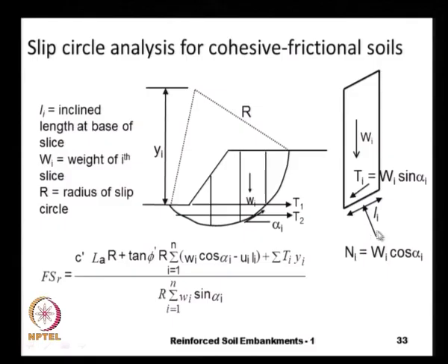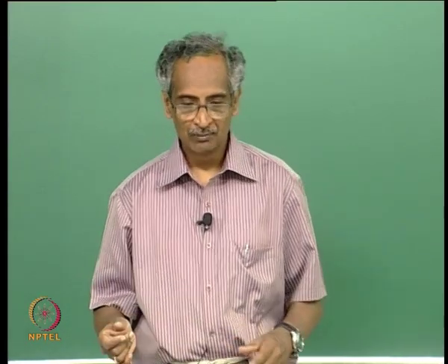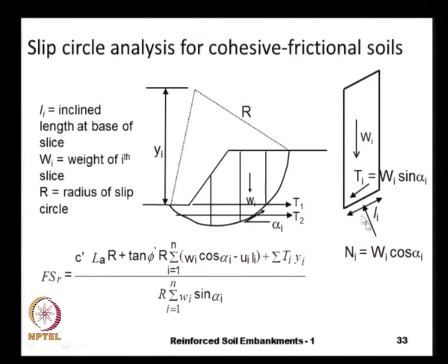And for a general case where we have pore water, there could be some pore pressure U because of seepage or some other factors, and so we can write our factor of safety against slip circle failure